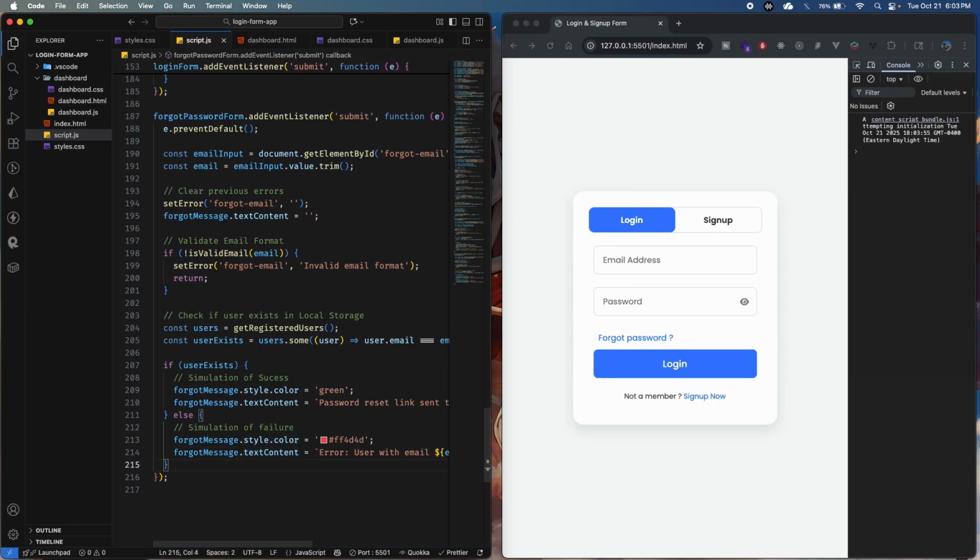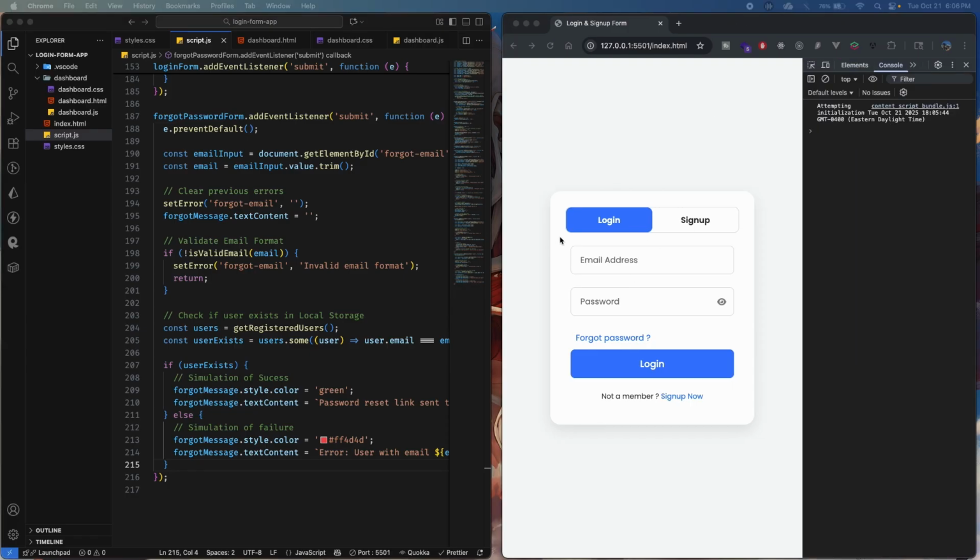Okay guys, so yeah, this concludes all the part of the JavaScript. The only thing that we have missing is testing all the flow on the forms to see that everything is working, and we are about to do that. Let's proceed to do all the flow. So first we are going to